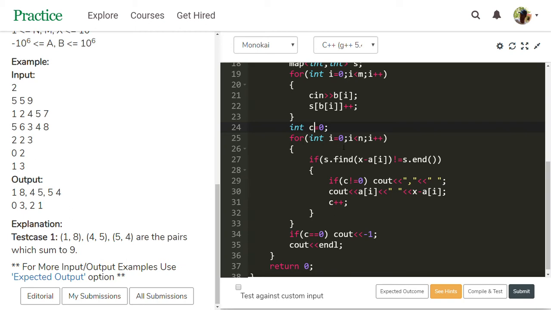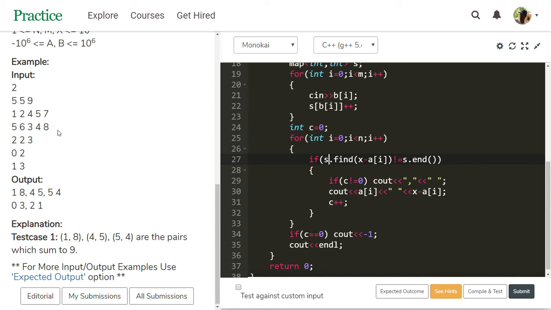Then start traversing the first array, i equal to 0, i less than n, i plus plus. Then find the elements in B. S is nothing but the B elements stored in the map. Then find x minus a of i; assume x is 9, 9 minus 1, this element is 8.